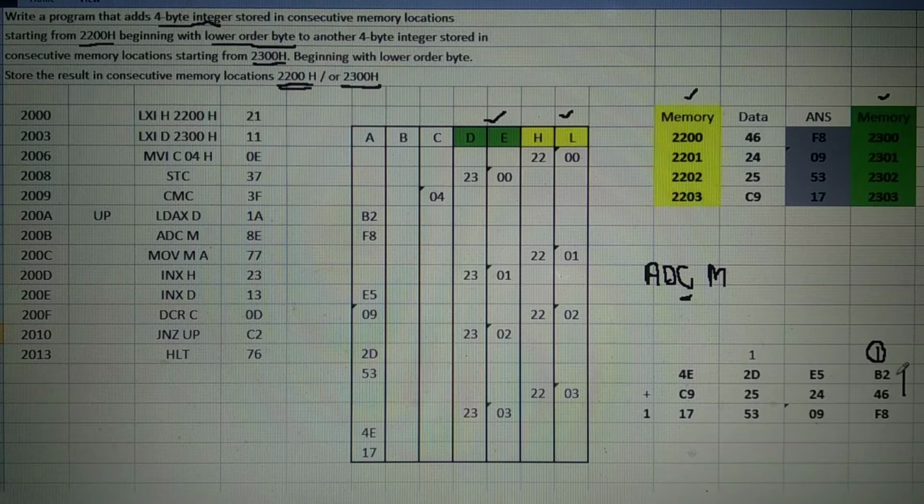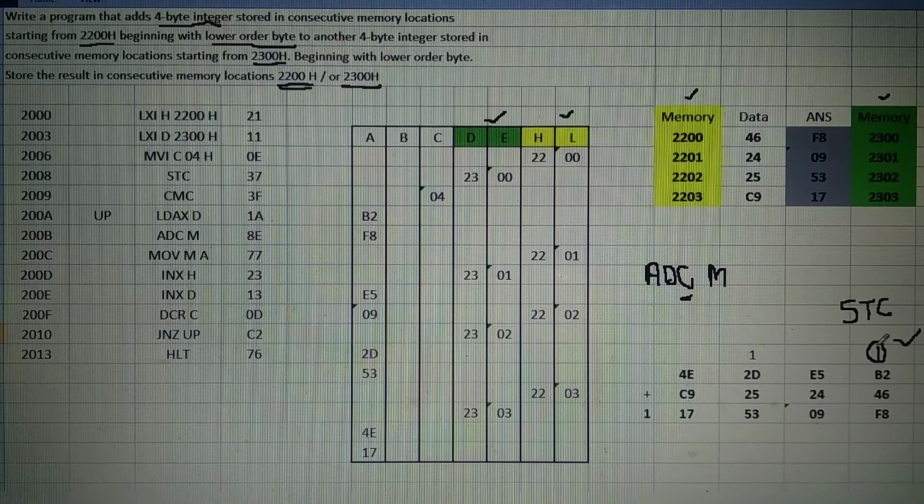But when we add the least significant bytes, at that time the carry flag should be 0. So intentionally we are making the carry flag 1 with the help of STC, that is set carry to 1, and then we are making it 0 with CMC, that is complement carry.